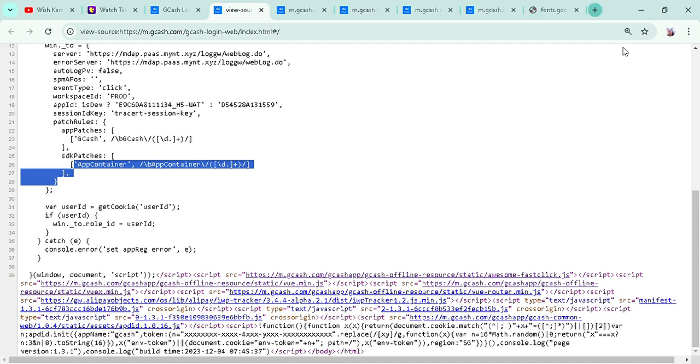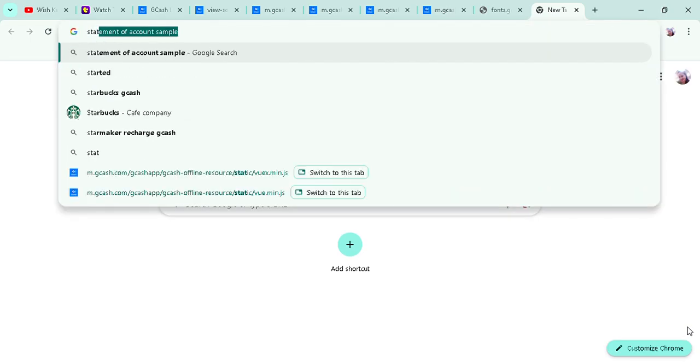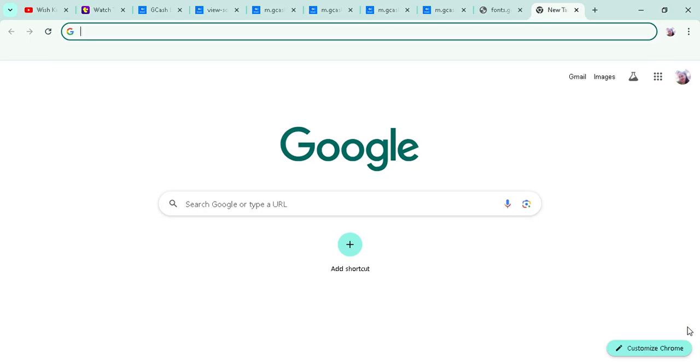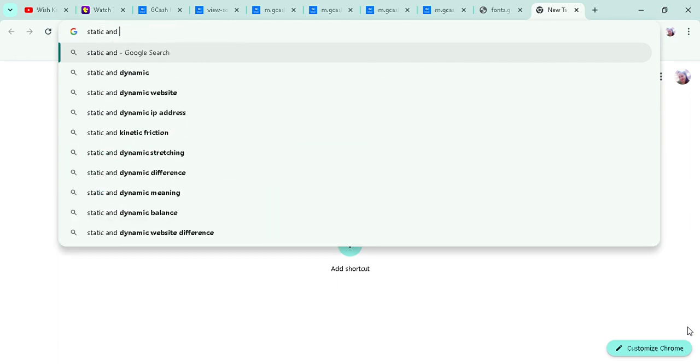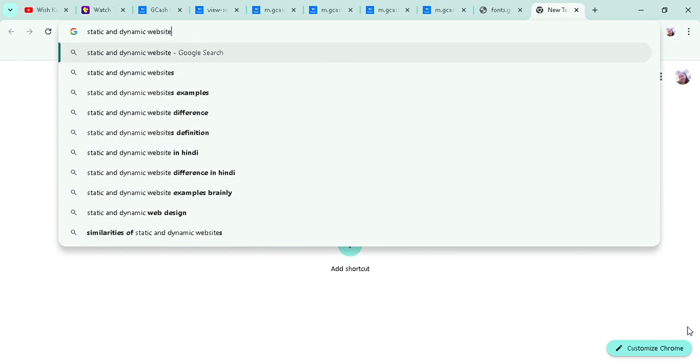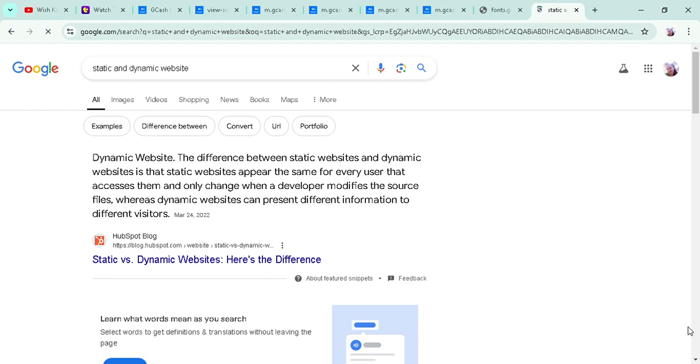So for example, static and dynamic. Okay, the meaning of static and dynamic website. The developer can always use a static website.